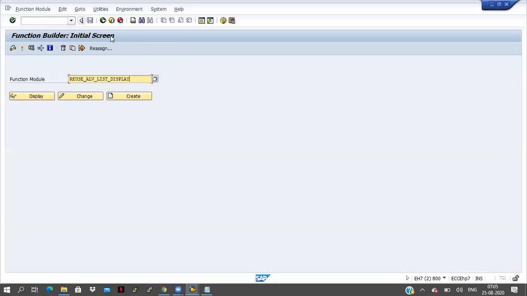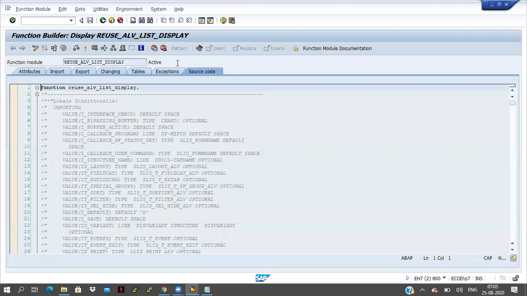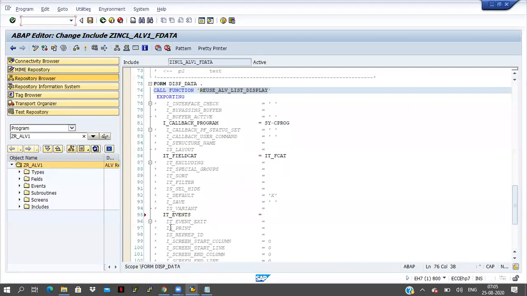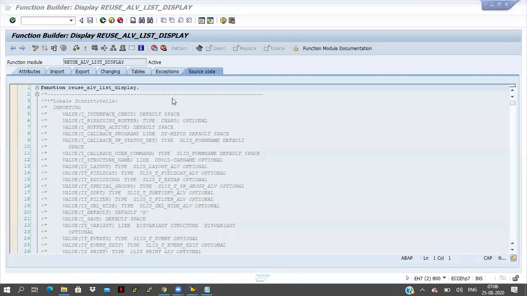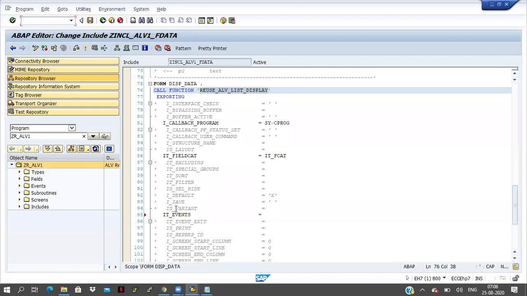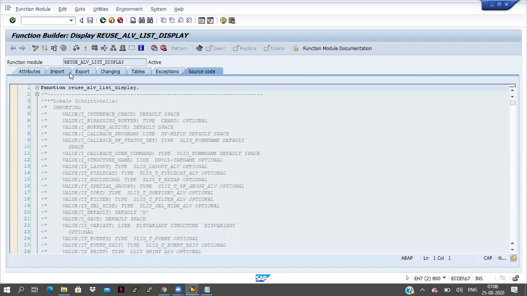I have passed the function module name here and click on the display button. Where is IT underscore events coming? It is coming in the exporting tab. It means IT events is available in the exporting tab in the function module, so in the main program it will be available in the importing tab.